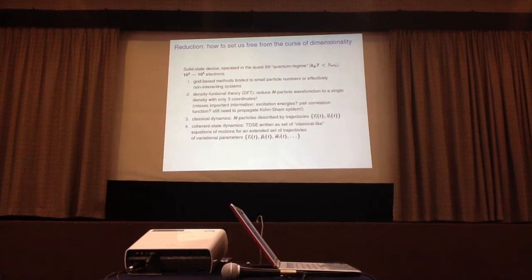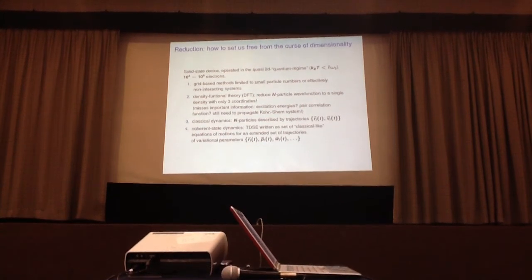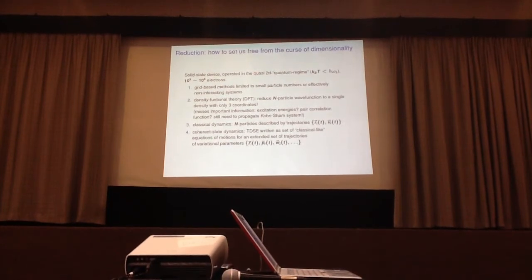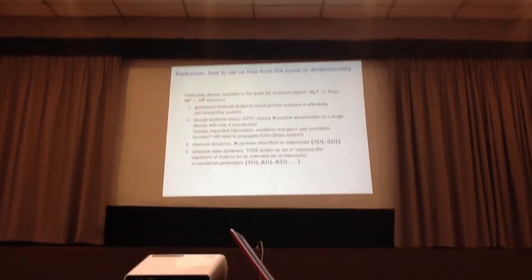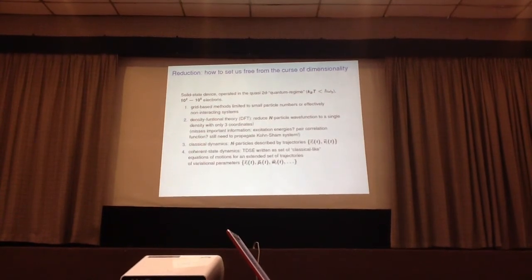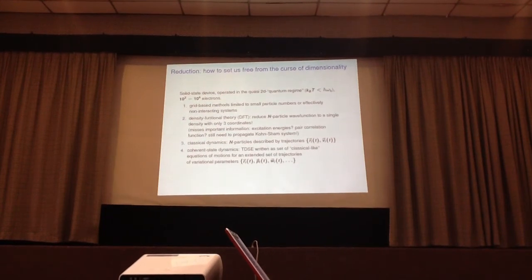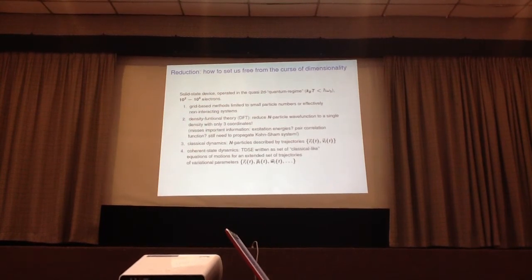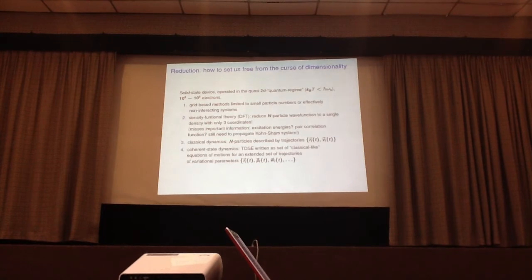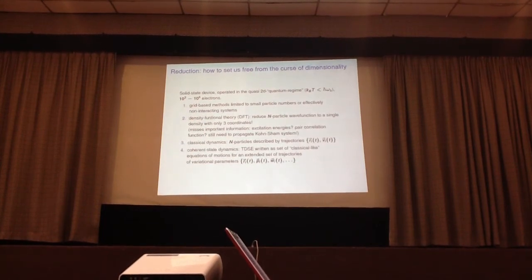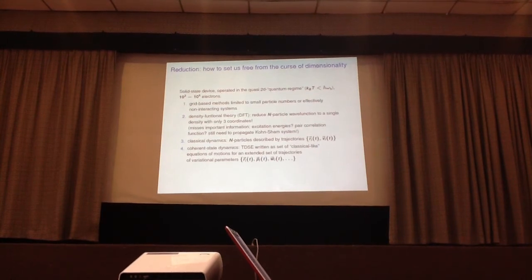Then there's a big development of density functional theory, of course, which is very nice to reduce a many-body problem to just a single effective single particle density, where you integrate out all these complicated wave function parts. There's a huge reduction, and there's also a huge price you have to pay. Namely that you are basically limited to ground state properties, that the exact functional which achieves this is actually not known, and that in the end you are losing access to very interesting information, for example, to pair distribution functions and to the internal structure of the system, which would be very interesting, as I will show you.